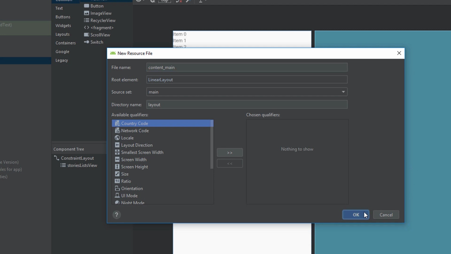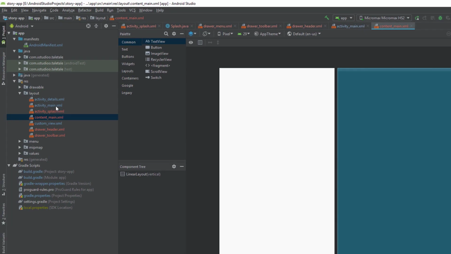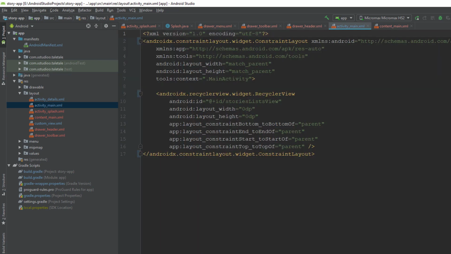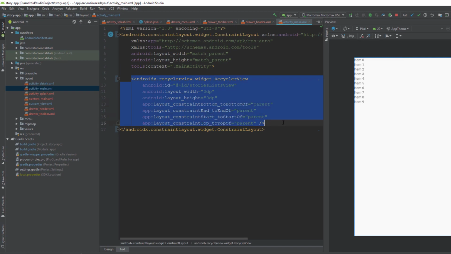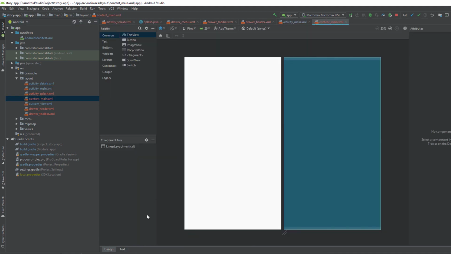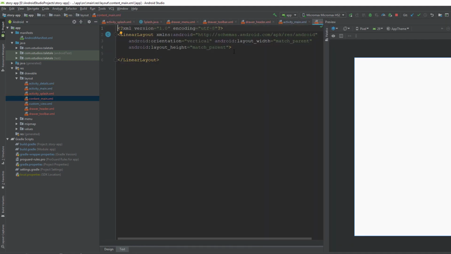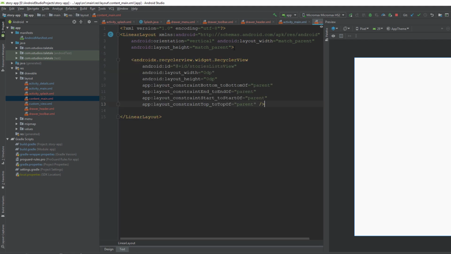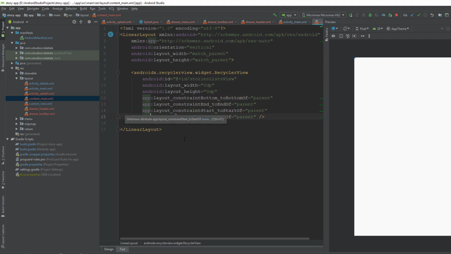Okay, and I'm gonna copy and paste this code from here into the content main. Okay, so this will act as the content provider for the our activity main file. So let me import the namespace declaration,